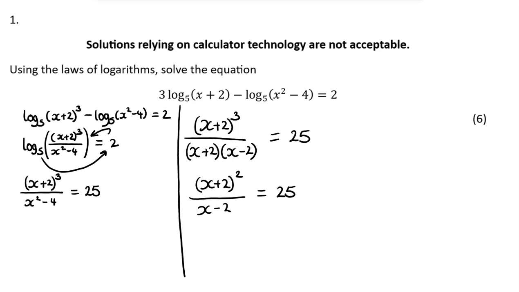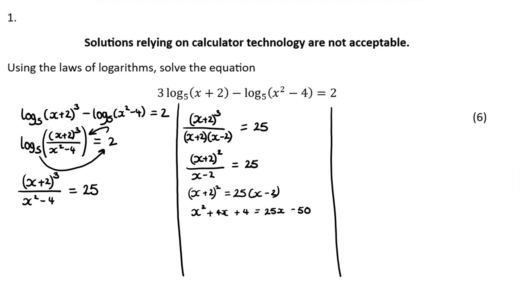So now I'm going to multiply both sides by that x plus 2. Sorry, that x minus 2. And I'll arrive at this step. And then what I can do at this point is now I can start expanding everything out. So getting all the terms on the left-hand side here, so taking away that 25x and adding that 50 to both sides, I'm going to get